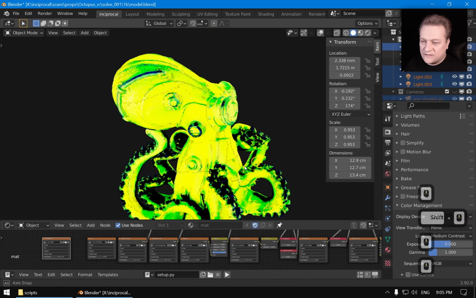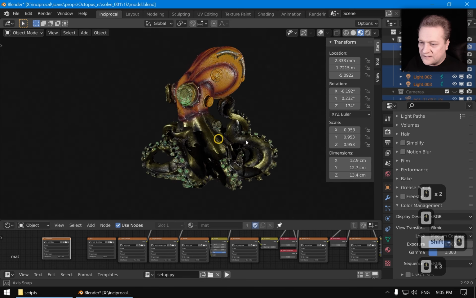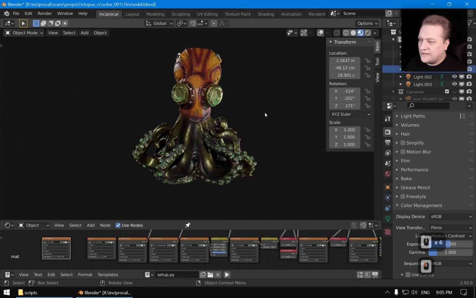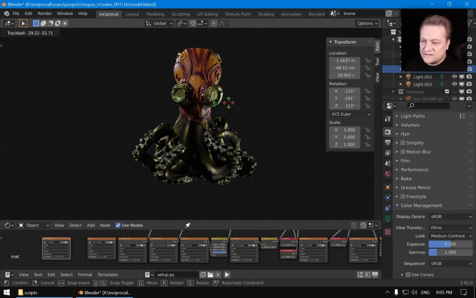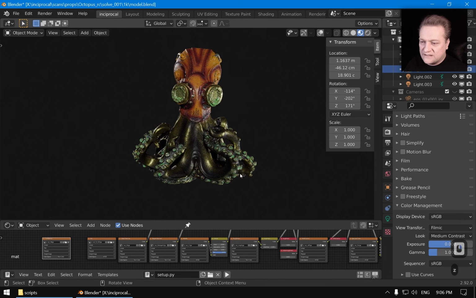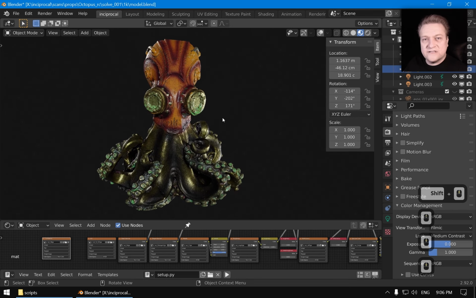But overall, that's our prop. This is what it renders like with all the lights. We can obviously grab any of the lights here and start moving around and see how it interacts with it. And this is using EEVEE real-time render that's very similar to pretty much anything that's PBR nowadays, like Unreal Engine or Unity or